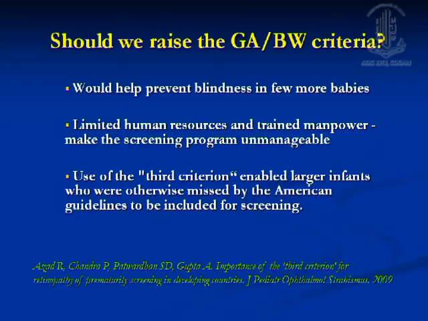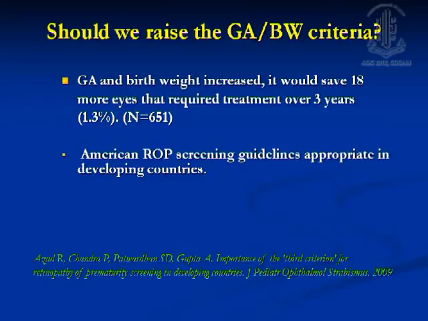So the important criteria which I highlighted earlier was the star. That is known as a third criteria, which is, if you bring in babies into a screening program which are greater than 1500 grams, greater than 32 weeks, but are sick and the neonatologist believes that they are highly susceptible to ROP, you can bring these babies into the ROP screening program, and all these babies will be brought in even without raising the guidelines. So this is just some gross result of the study, where they said that it would save